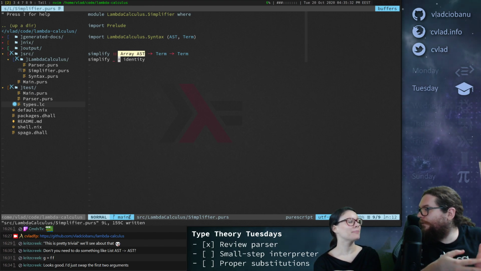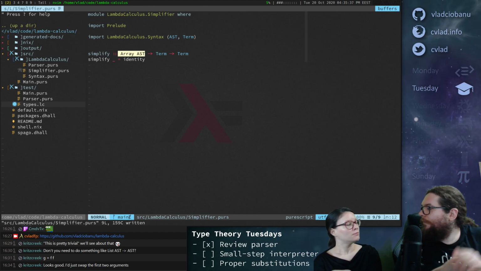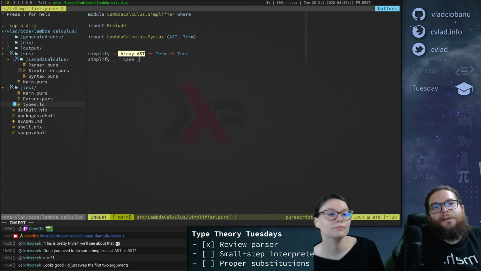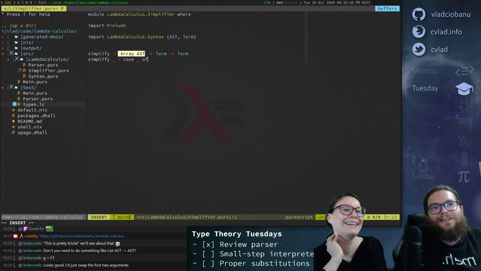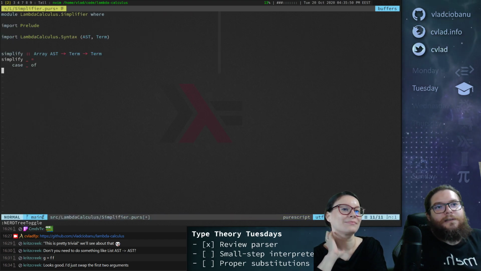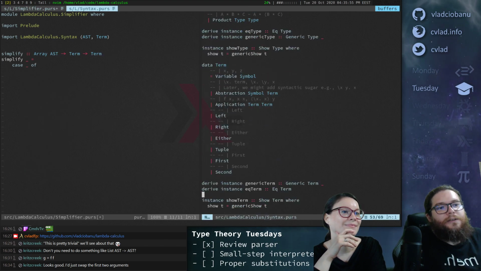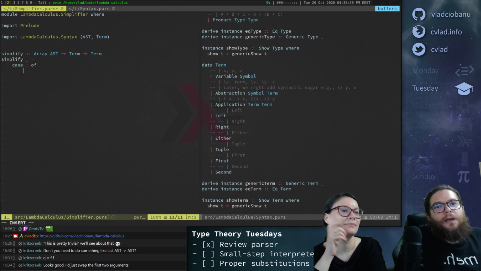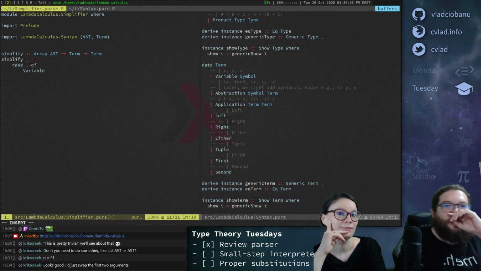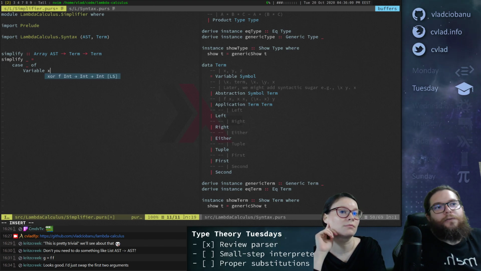Let's do the simple thing where we see if we can simplify identity applied to some constant or whatever, right? So what can you do? Well, you can pattern match, right? That's the only thing we can do here, correct? Let me open the syntax on the other side, just so it's easier for us to see. Okay, so if we have a variable, right? If we're trying to simplify a variable, well, we can never simplify a variable, right? So if we get a variable x,